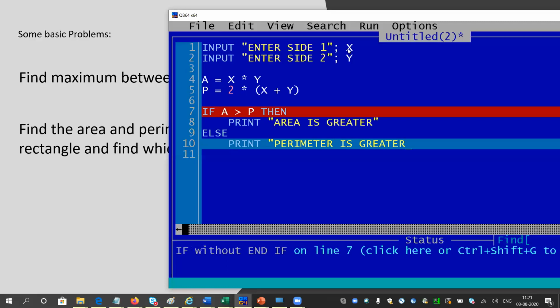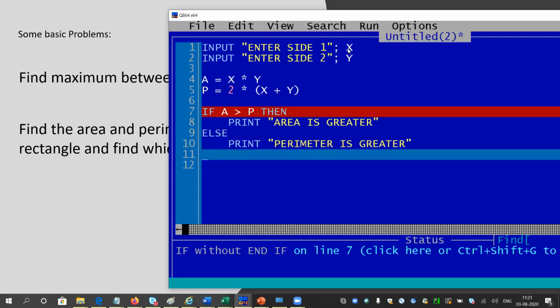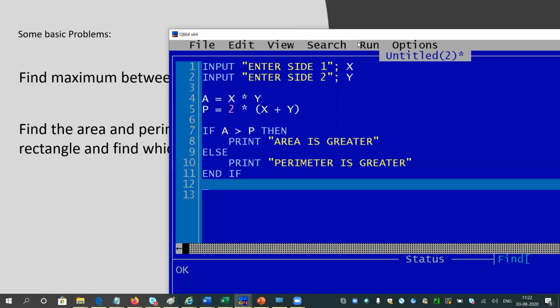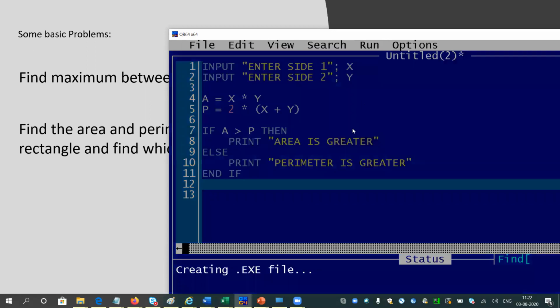Okay, and after that I will end it. Okay, that's all. Let me run. Sorry, I forgot, my mistake. I clicked on the wrong button. Okay, so run the software. Yeah, it is taking some time.